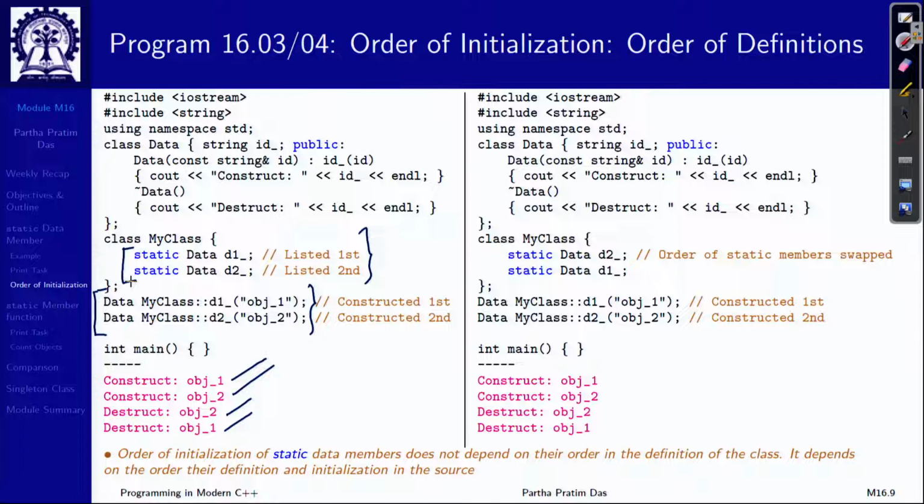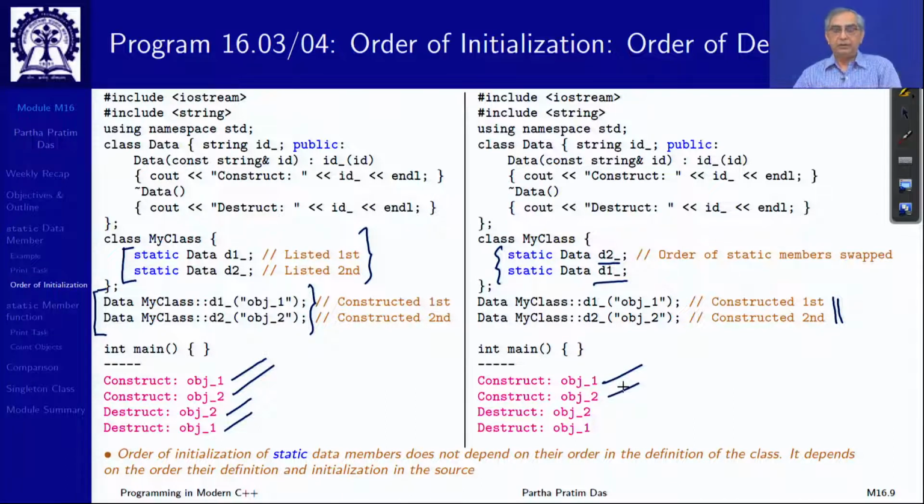To check that, I just swap these two and do not change this. As I swap, I find that the order of construction has not changed, and so the order of destruction, but I have already swapped this. So, I conclude that it does not matter in which order I list them within the class, but it is the order in which I initialize them in the static area in the source file that decides the order in which they will be initialized,